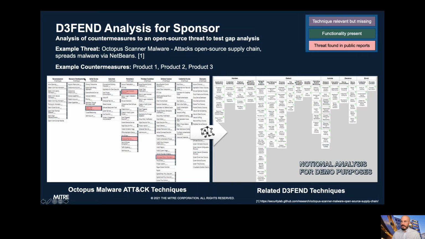So you can see in this attack matrix view on the left, for initial access, they executed a supply chain compromise. For persistence, they installed a scheduled task job and a boot auto start execution script. And then what we did was we took the defensive products and broke them down using Defend and identified what they were doing. So of these three products, they were doing some hardening techniques, some detection techniques, and some isolation techniques. And then